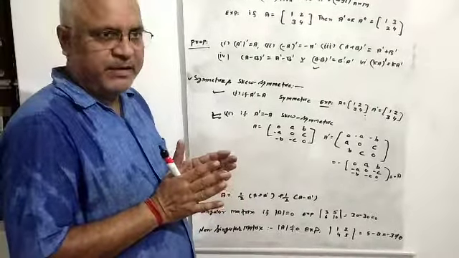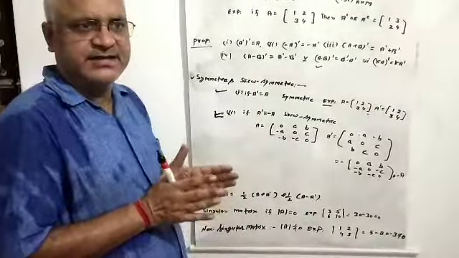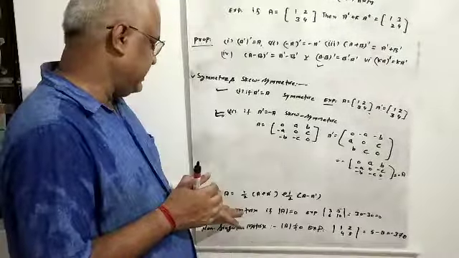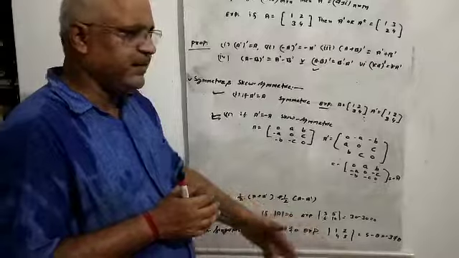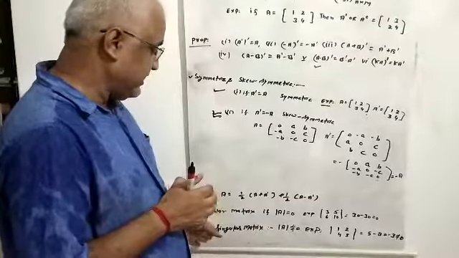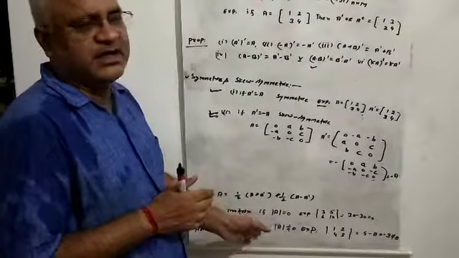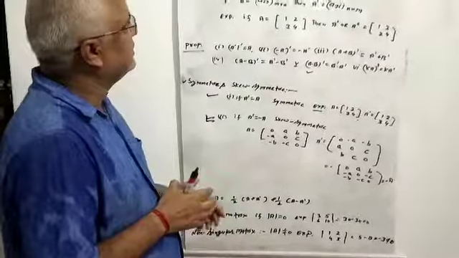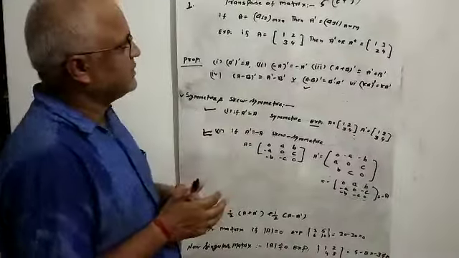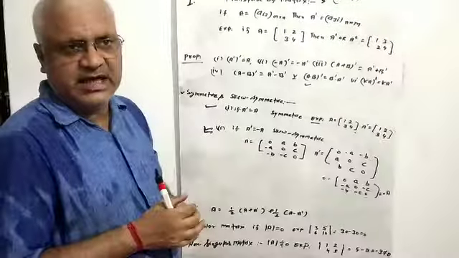In case of singular matrix, if the matrix is a square matrix and its determinant is 0, then the matrix is said to be a singular matrix. And if in a square matrix the determinant is not 0, it is known as non-singular matrix. So in this way, you can solve exercise 5 parts E and F.